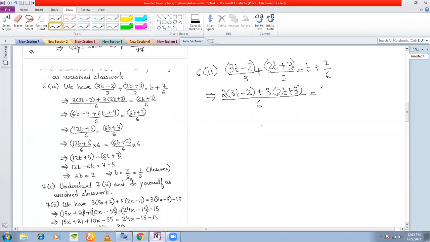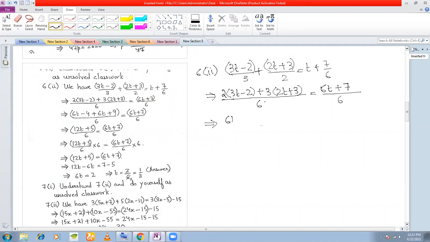is equal to, here also you take the LCM, 6. And here 1 divided by 6 will give you 6. And 6 into t will get 6t plus 6 divided by 6 is 1. 1 into 7 is 7. So now what will happen is that once you have the same denominator in an equation, you can cancel the denominators also. Otherwise, you can work with the denominator. Let's work with the denominator for the time being.